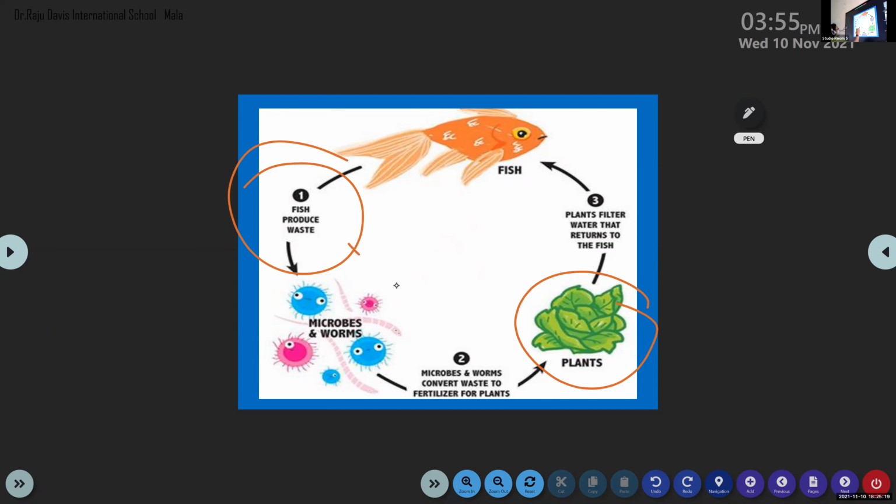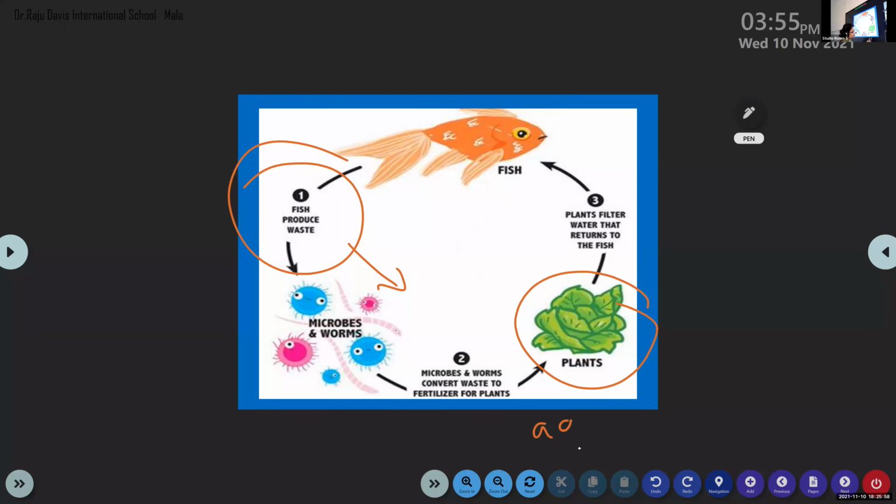Okay. Now what is the use of the small bacteria? You must have seen some worms inside the water, small, moving in the water. White microbes. Okay, microbes are there. Then algae, fungus, all these things will be there. So algae will eat the waste of the fish. And these microbes will convert the waste material into fertilizer or manure.